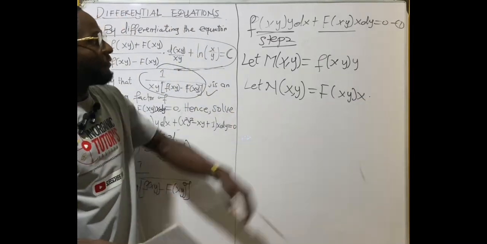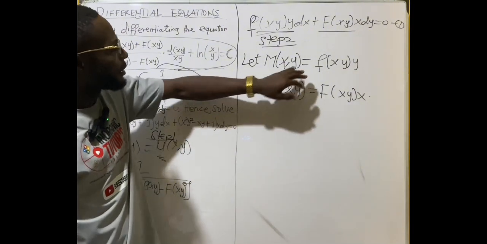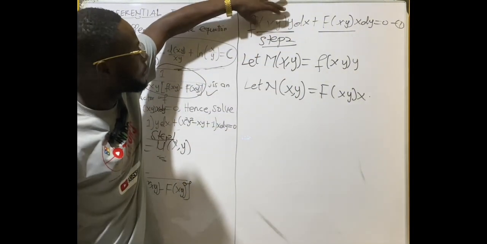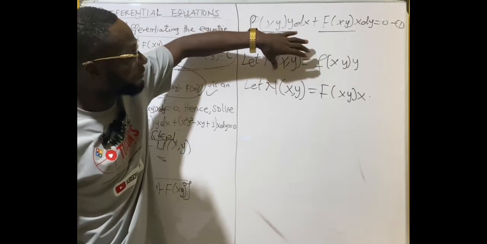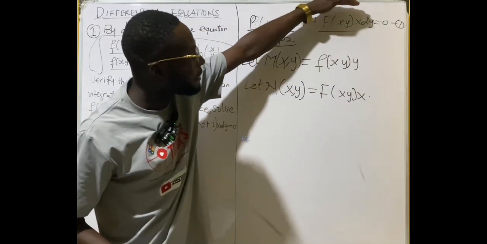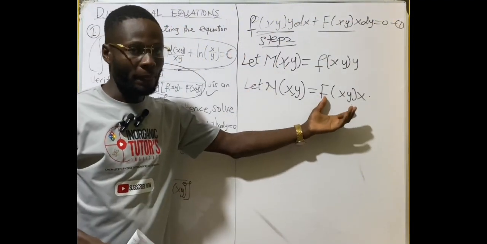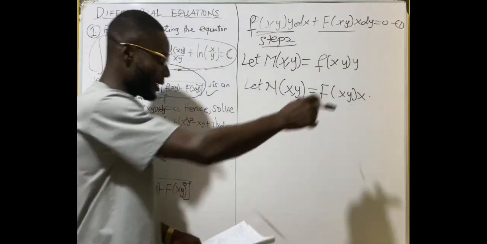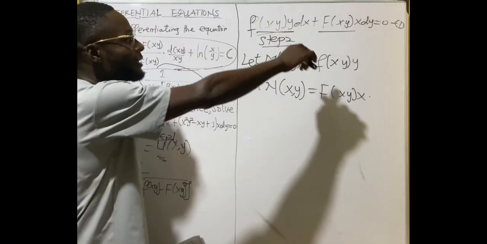So if this is our differential equation, then the first term here becomes our M of x and y, right? Then our second term becomes your N of x and y. All right, so once we know that, then what we have to do is multiply this equation